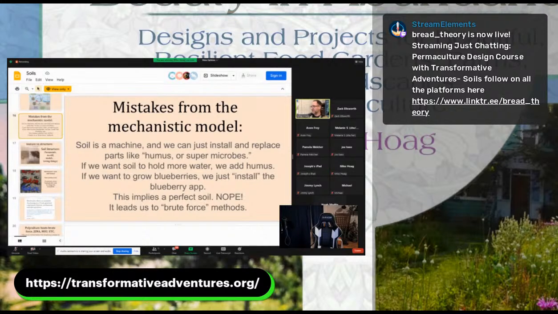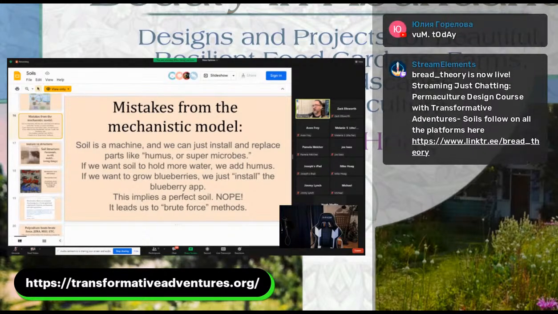A lot of people know that blueberries require acidic soil, right? Blueberries require fairly acidic soil, acid soil. So we have this idea that it makes sense, if we want to grow blueberries, to just import compounds to the garden that will grow blueberries well. The problem is that it's really difficult to make that work.